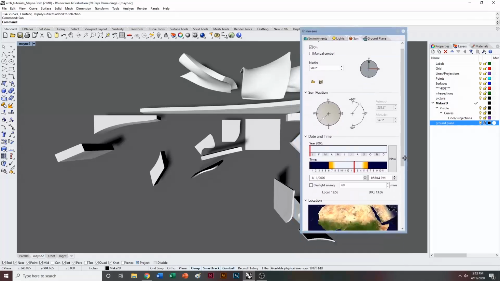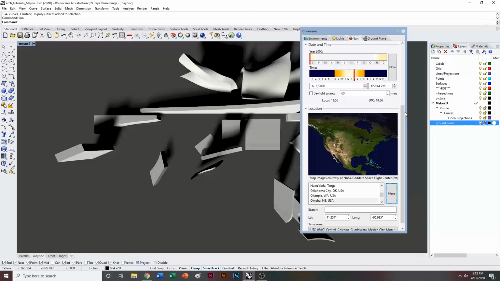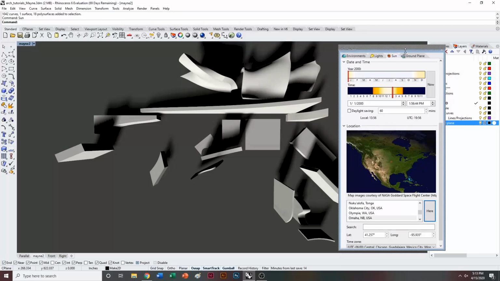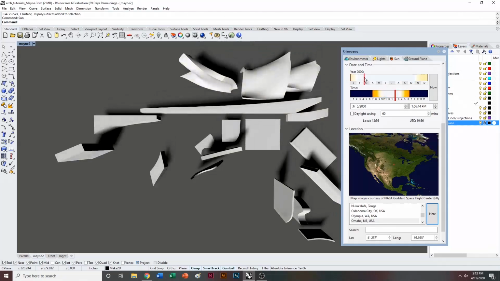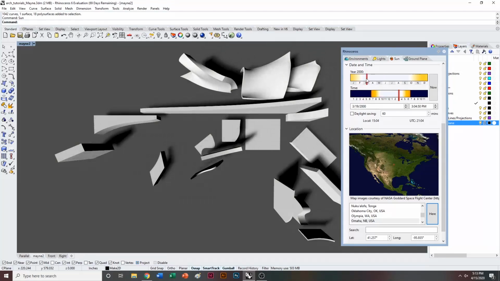So if I go ahead and hit here, depending on where you're at in the world, it might be a good idea. It might not. I usually like to do it in Omaha, NB, simply because a lot of the projects that you're going to do in your education pertain to a site specific to maybe South Dakota or the Midwest. And of course, the sun patterns in something like Omaha, NB are going to be actual replications of what the project will be doing. So I'm going to go ahead and adjust these like so until I get some nice